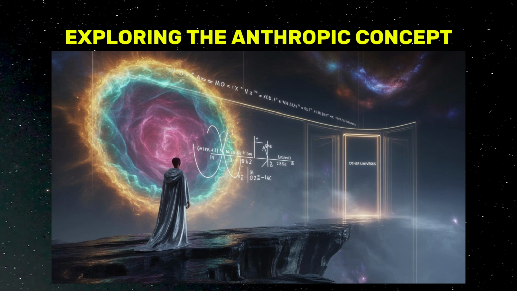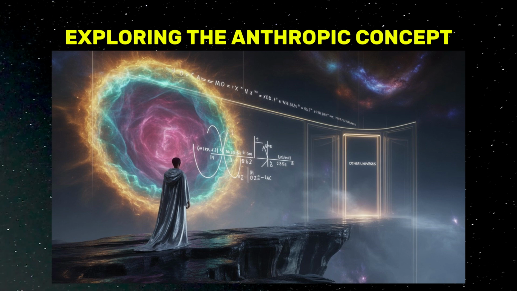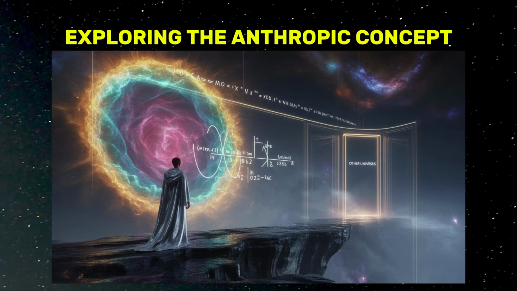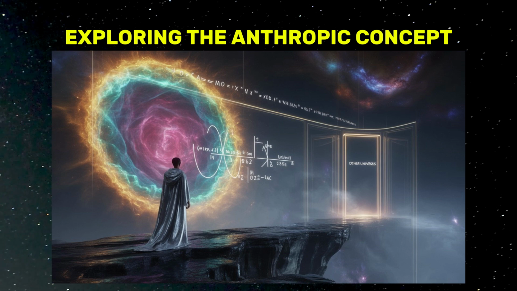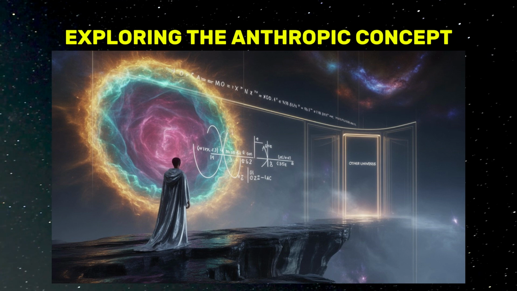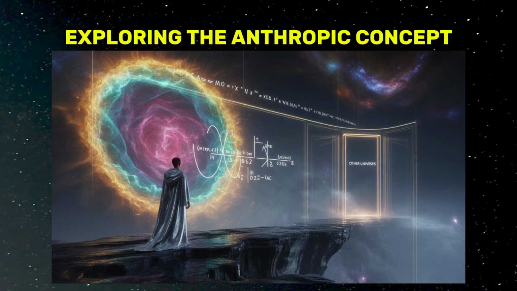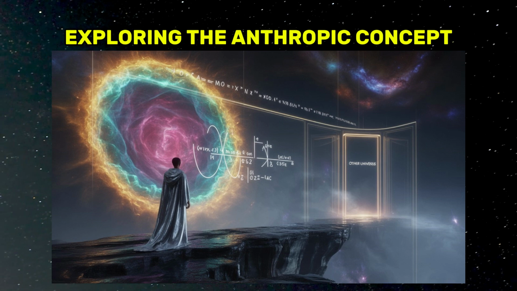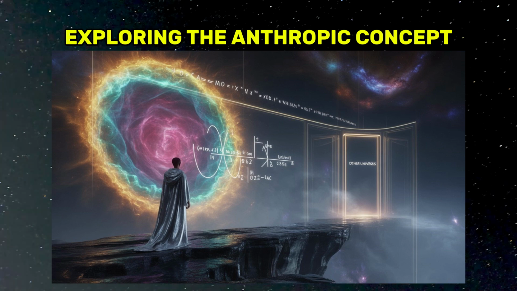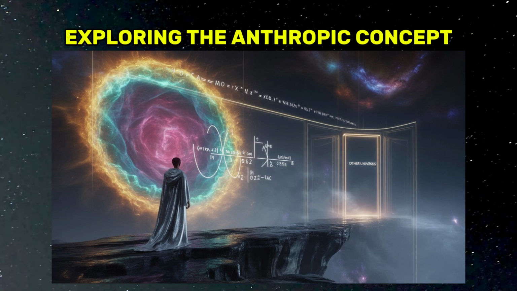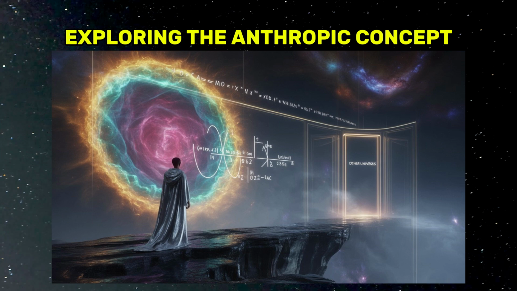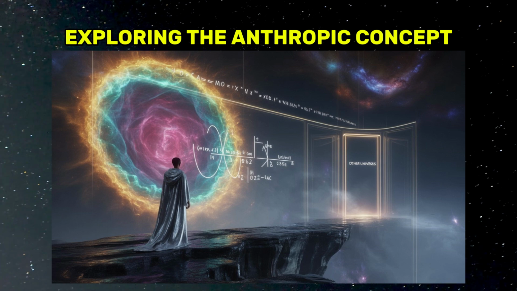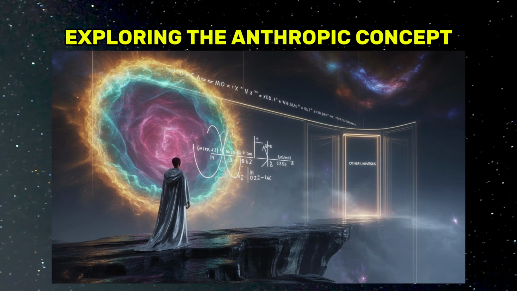In the 1960s and 70s, scientists including British cosmologist Brandon Carter began to clearly articulate what would later be termed the anthropic concept. Carter introduced the idea formally in 1973 during an academic event honoring the 500th anniversary of astronomer Nicolaus Copernicus. Carter posited that the universe's conditions aren't random. Instead, they seem life-favoring, optimized to support observers. This concept is generally discussed in two versions: the weak anthropic concept, WAC, and the strong anthropic concept, SAC.